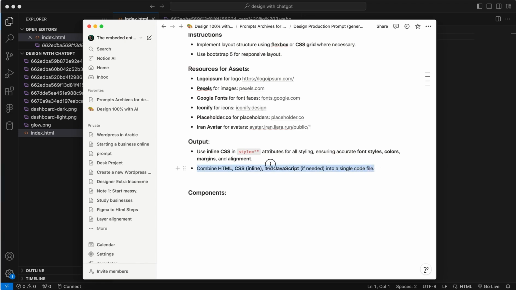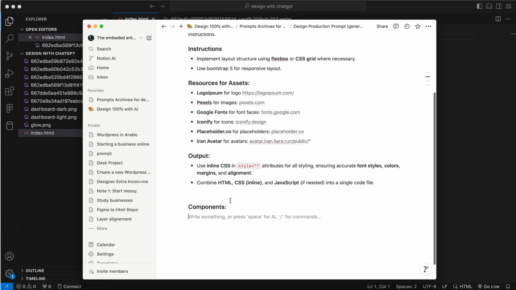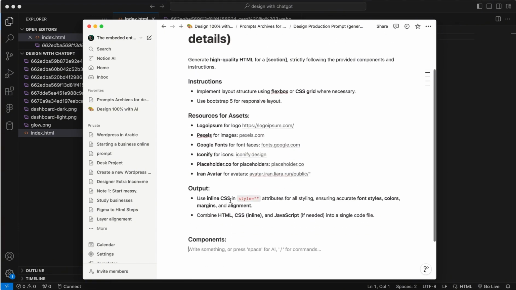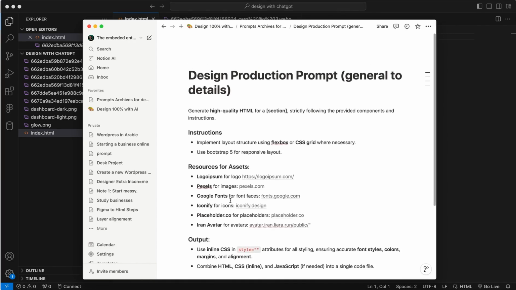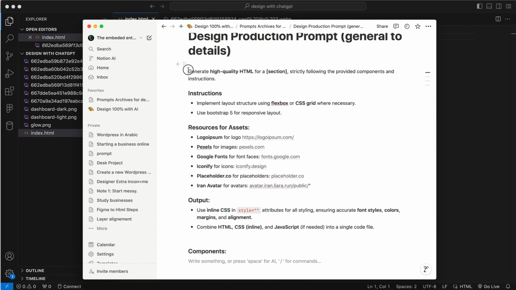This will make the output easy to copy and paste in a single click. So we will not have to work a lot to implement the output of ChatGPT on our side. So let's get started. I'm going to copy all that,